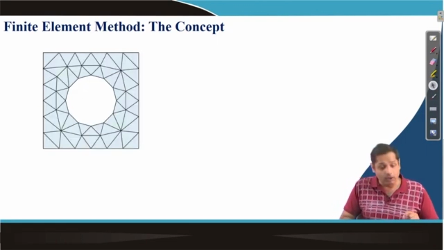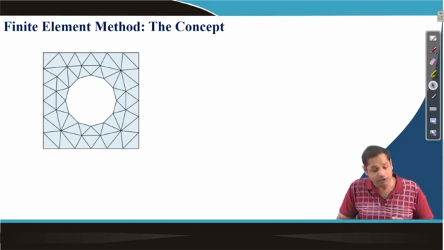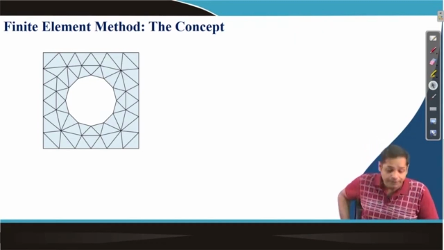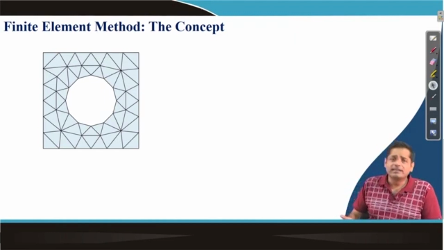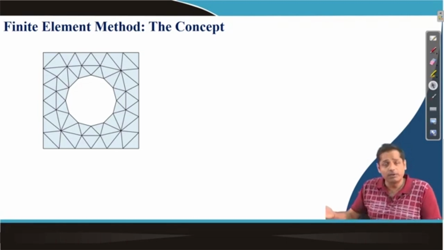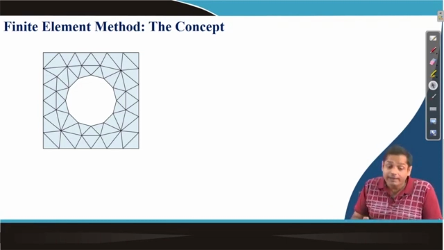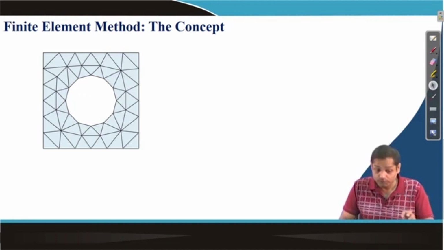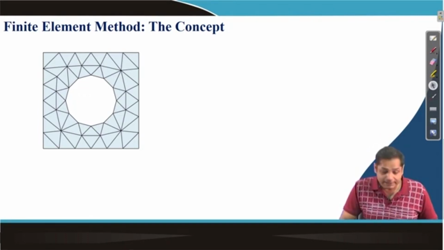So now in this case, let us divide the entire domain into small triangles, a finite number of triangles, each triangle having finite size. It's not necessarily that we have to do it only with triangles. I am doing it for demonstration purposes, and we will see shortly that there are other shapes available through which we can divide the domain. Okay. Now, once we have divided the entire problem into small sub-problems, small triangles in this case, then next is,